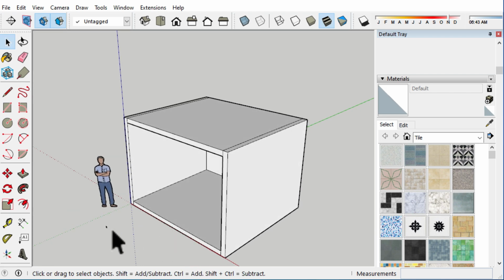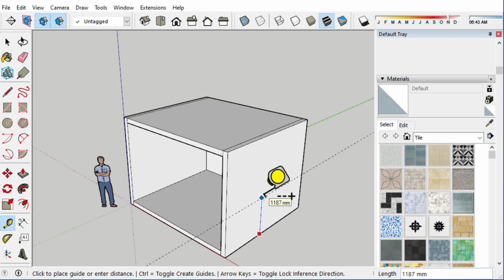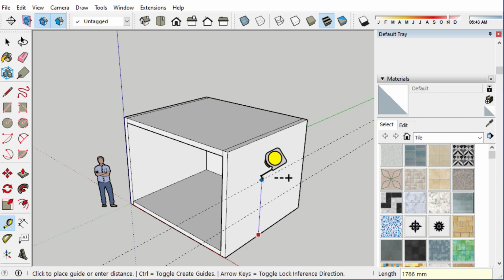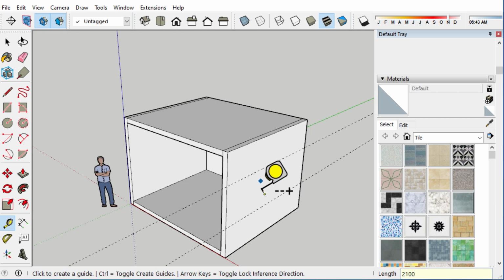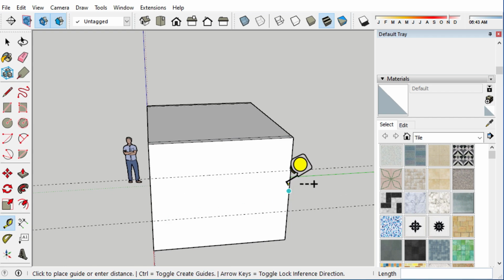Now we are going to create the opening. So for opening, take a reference of 900 and give the lintel level to 2100. From this side, we are going to give 750, then 1800